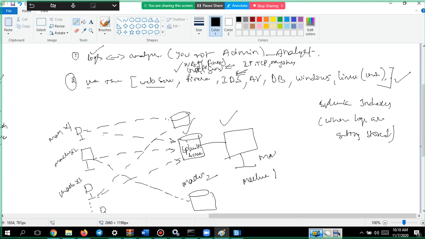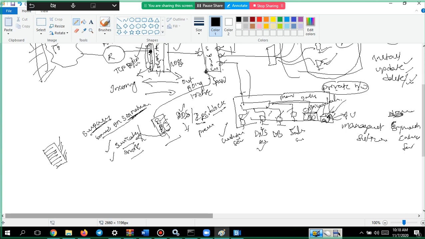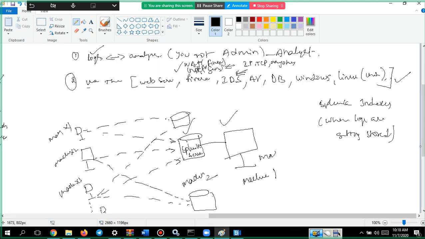What can you achieve here, guys? Placing them in different locations. This is in US, for example, this is in India, and this is in Singapore.